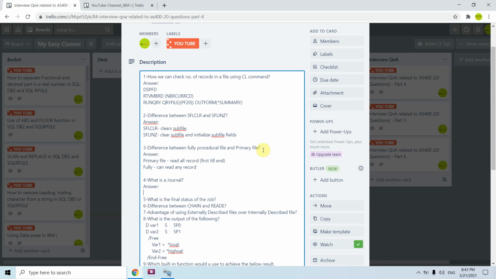Basically we perform journaling on a physical file, a database file, and if any record is added, deleted, inserted or updated in that file, the changes get stored in the journal. So in case in future we want to roll back something if any issue occurs, we can do that, or we can track which user or which job has changed that record.